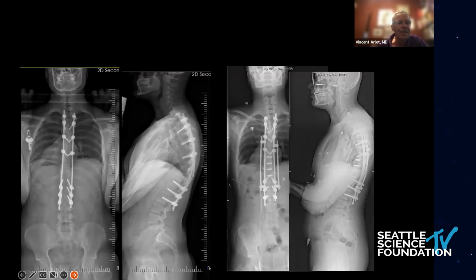I want to show you another example of a patient who had a Ewing sarcoma that was irradiated. He had kyphosis following this. He had an insertion of posterior rods. He did fine for 5 years, and after 5 years, he broke his rods. Wow. And he came to see me, do whatever it takes, but I don't want to ever have to come back again. So we thought that because of radiation therapy, it would require to have anterior support, which we did with multiple anterior discectomies and insertion of Harms cages. And then posteriorly, we revised the instrumentation and put 4 rods